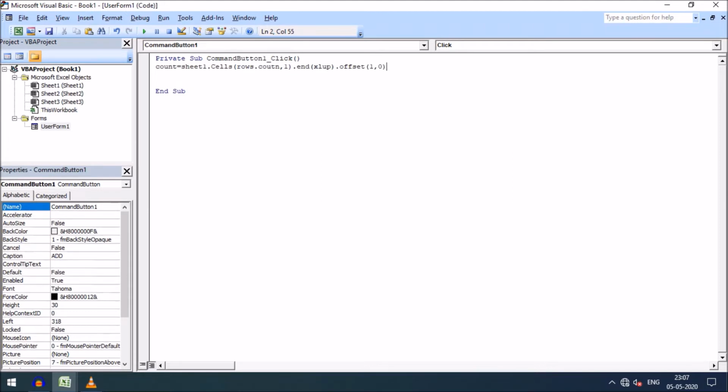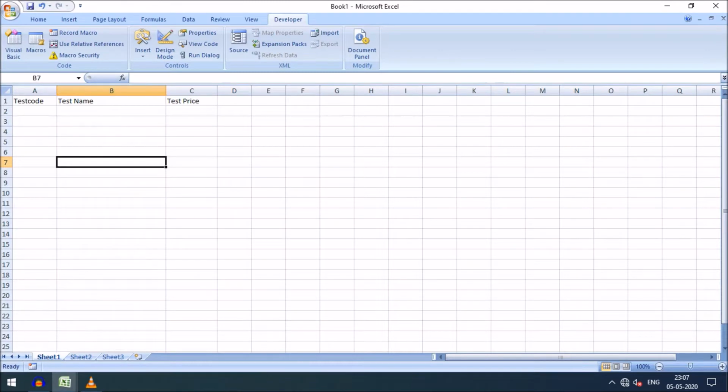That means the one row will be offset, that is, the immediate blank row after the field names of our sheet. So this is the command to go to the blank row of a sheet. Here the sheet is sheet 1 and this is the filled row. Row 1 is filled and the blank row starts from here, that is row number 2. So from here the records will be added